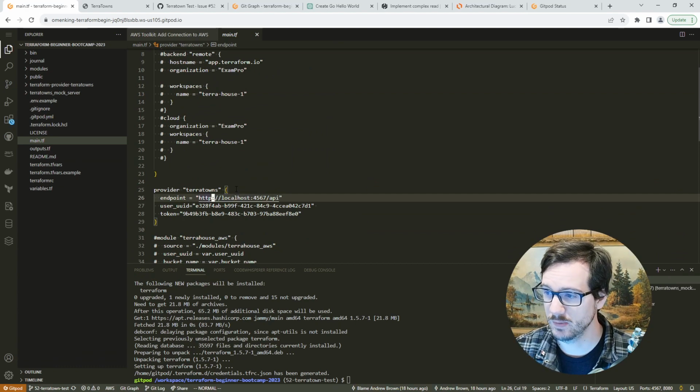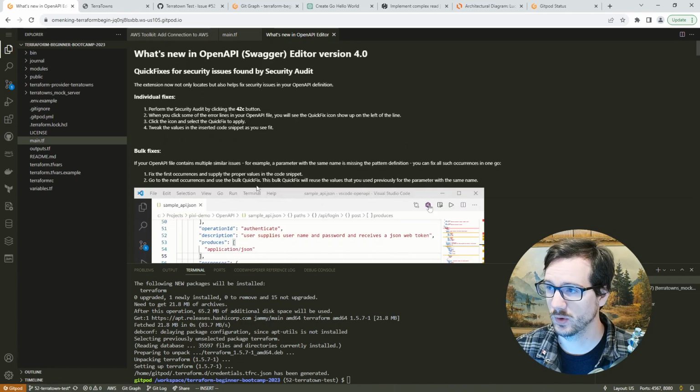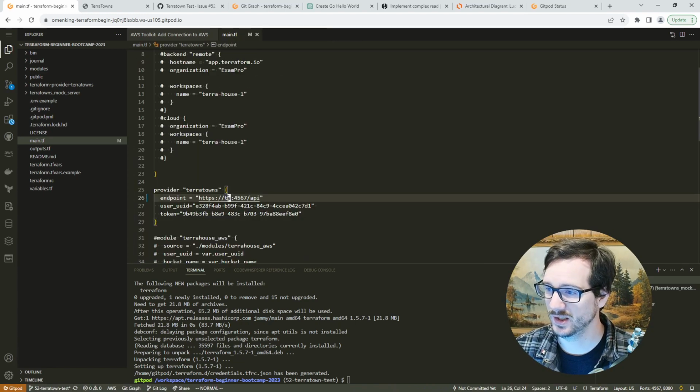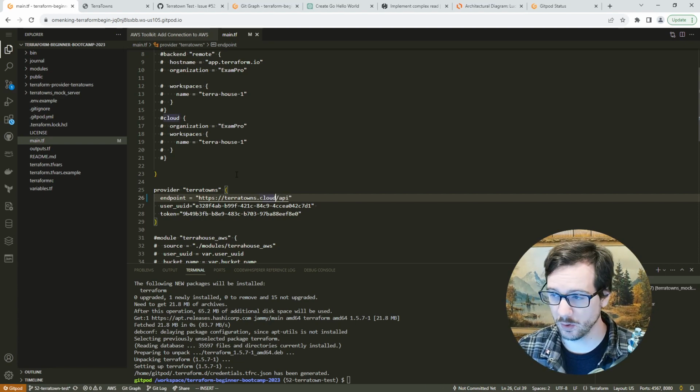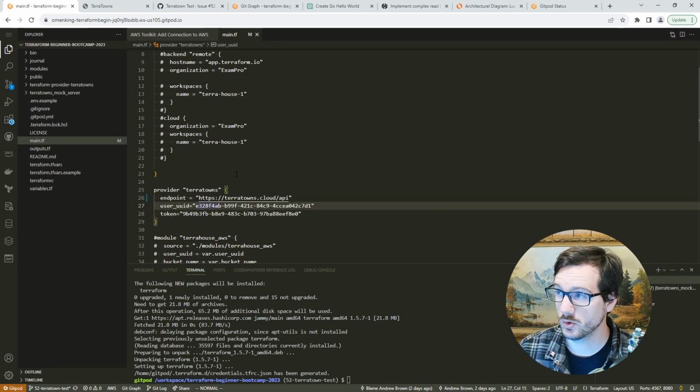So the endpoint needs to be HTTPS, and it's going to be terratowns.cloud, and we don't need a port number on that because it's going to default to 443, which is what HTTPS will do. There's the user ID and token, so your user ID is going to come from